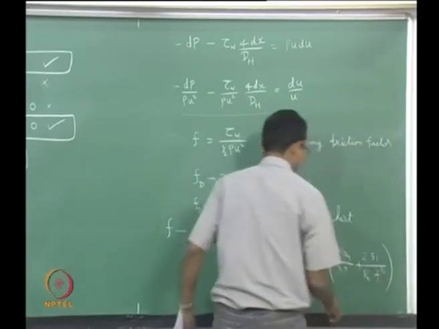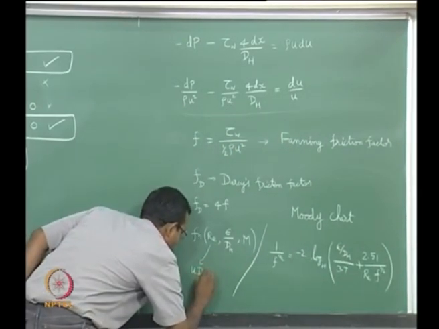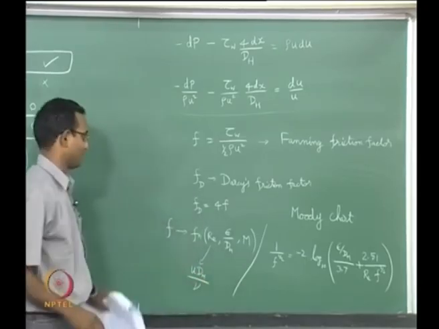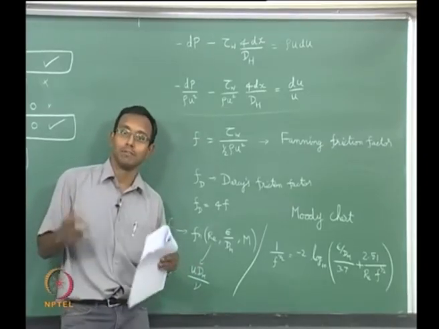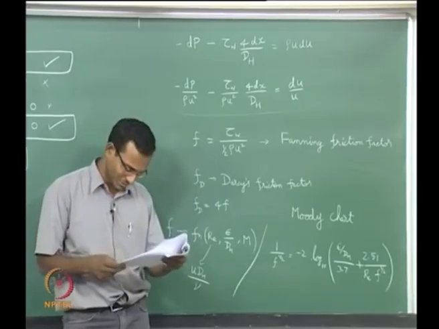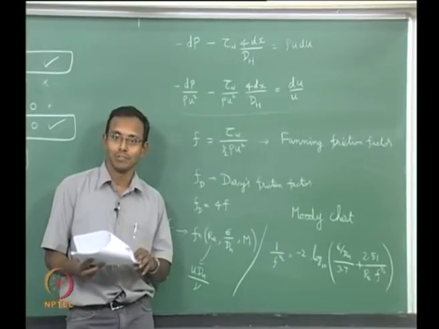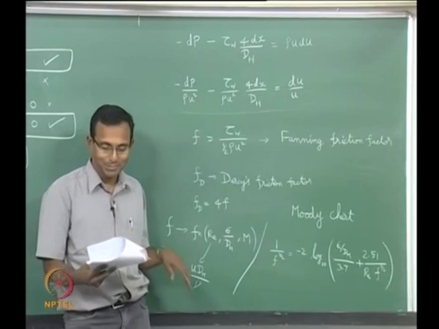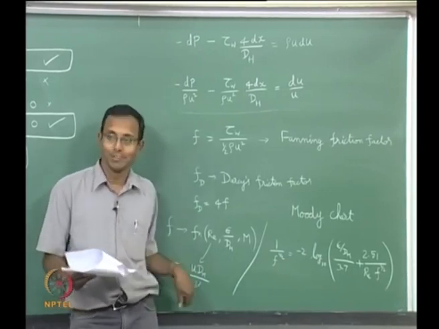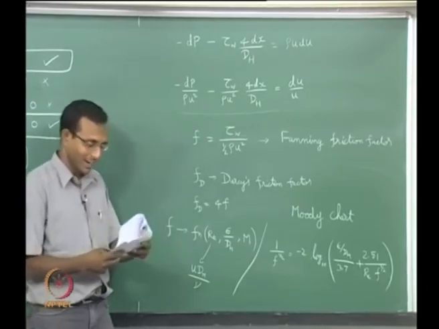Where this Reynolds number I will write here is based on hydraulic diameter and viscosity of fluid, U D_h by nu, where nu is your dynamic viscosity, is that right? I think it is dynamic or kinematic, I just get confused with that. Dynamic I think is correct, kinematic I think is mu, is that the other way? This is kinematic, so this is kinematic viscosity and mu, without the rho, is dynamic viscosity. So anyways, you can write it like this.